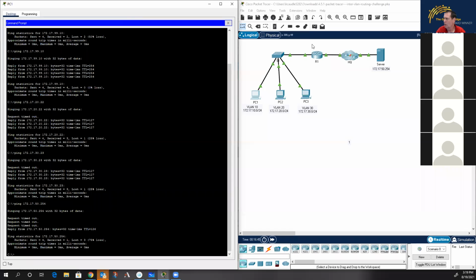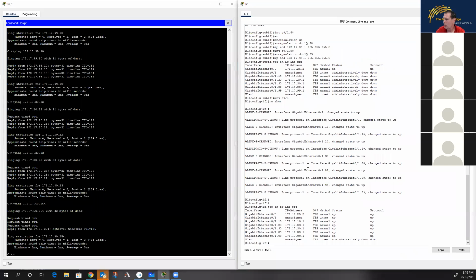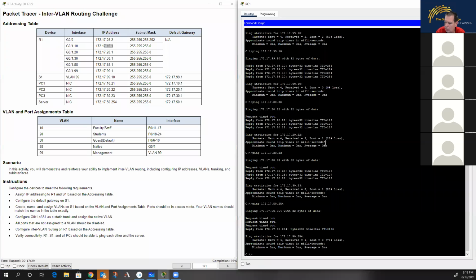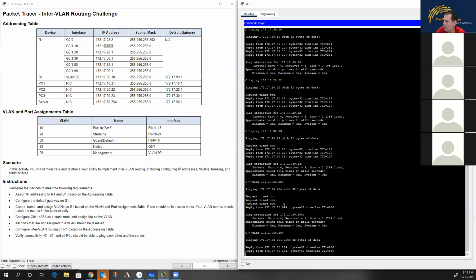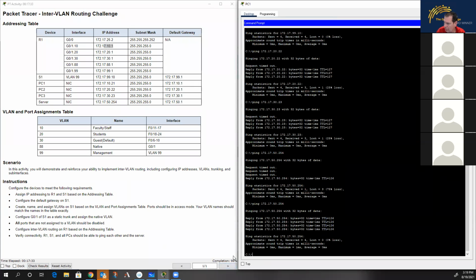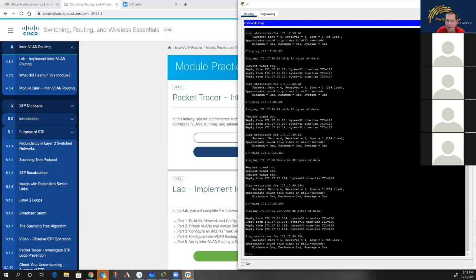Let's go over here and see what we'll try to do from the router. Let's just, oh, there it goes. It started working. It just took a while, which is crazy, but it did take a little bit. Now let's go see what we missed. We got 4% we missed for some reason, and I guarantee you it's probably